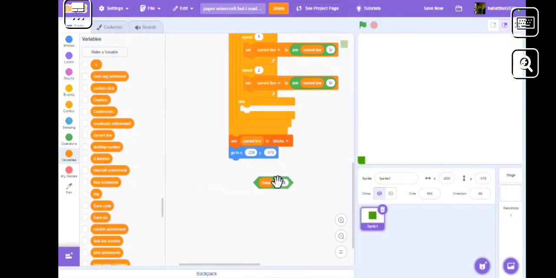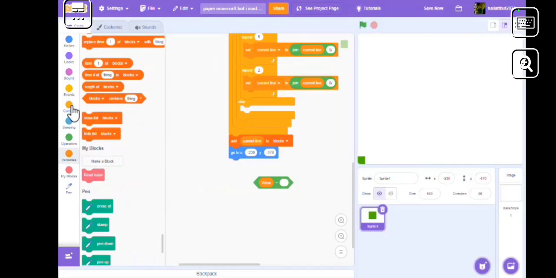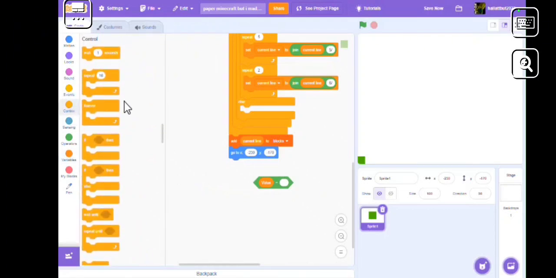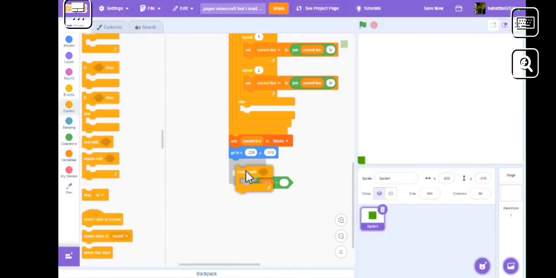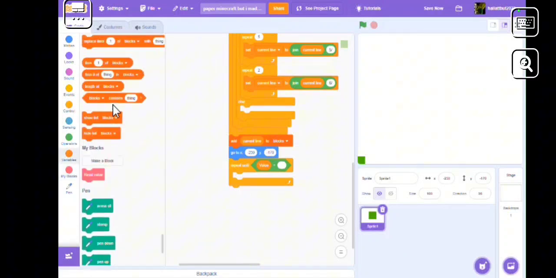Well, repeat until value is equal to blank. We would need to somehow, well, we need to repeat until value is equal to 0, and we will run